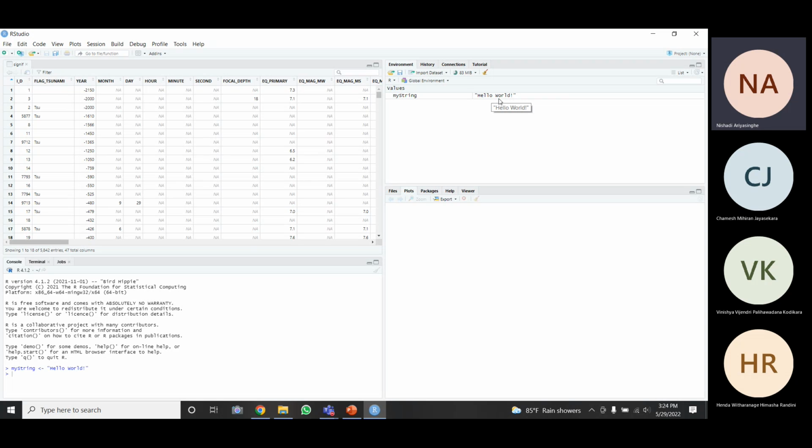Since I have included a set of characters in this variable, it takes the size of these characters. So this is the concept. The variables, arrays, lists and everything that we create will be available here in the global environment.